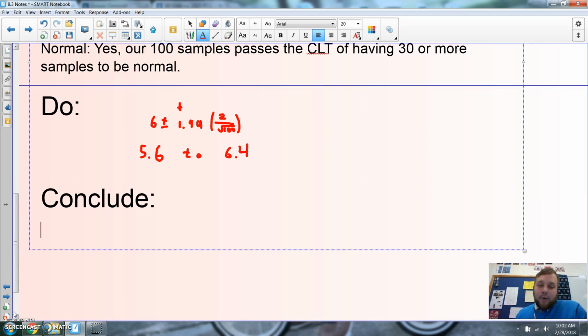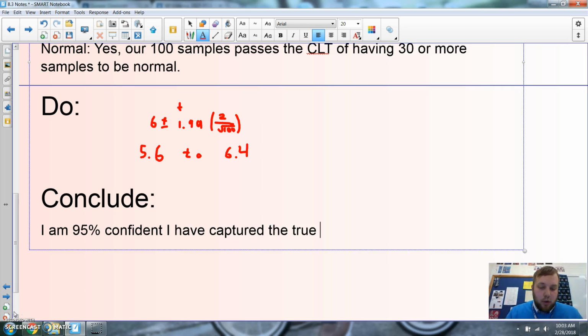Hey! Alright, so after I put it in my calculator, I got roughly from 5.6 to about 6.4. Alright, so what does this actually mean in the context of my problem? Alright, so I'm going to start off by saying I am 95% confident I have captured the true proportion,